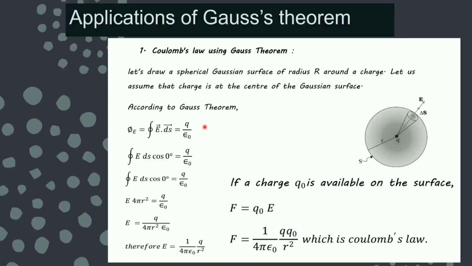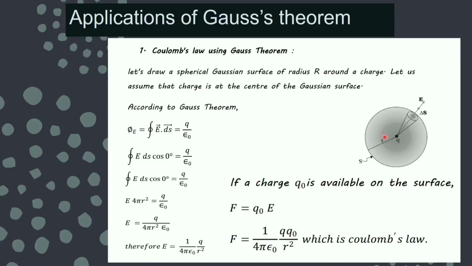And of course you are aware of Coulomb's law also, which you have studied earlier, regarding the forces between two charged bodies. It can be the attractive force or it can be the repulsive force. So what we have to do is use Gauss theorem and prove Coulomb's law using Gauss theorem. Let us suppose that a positive charge plus q is here,